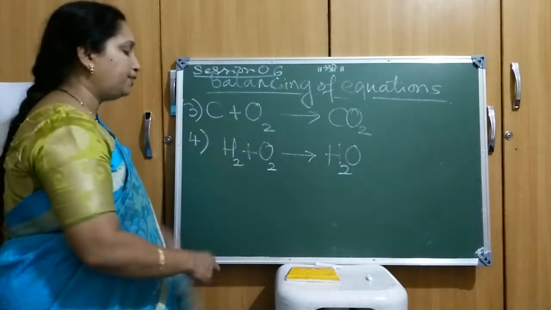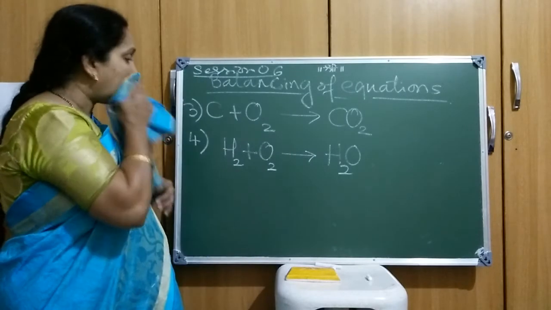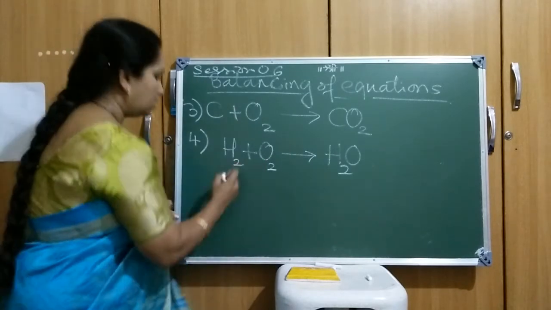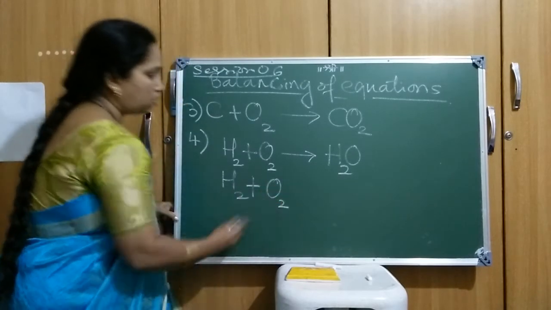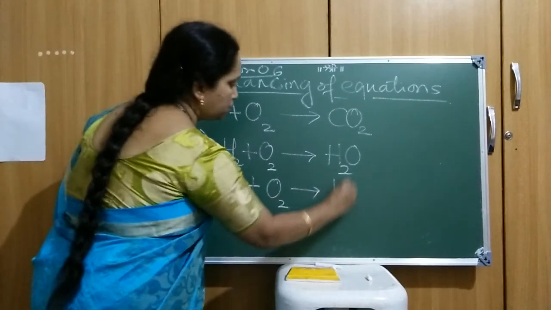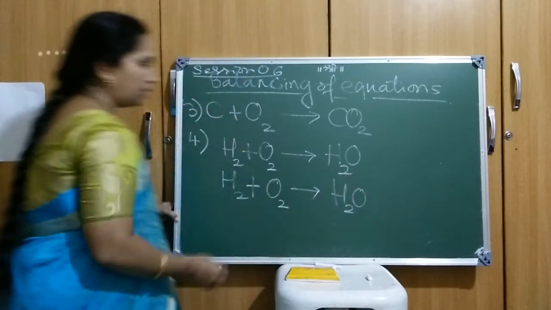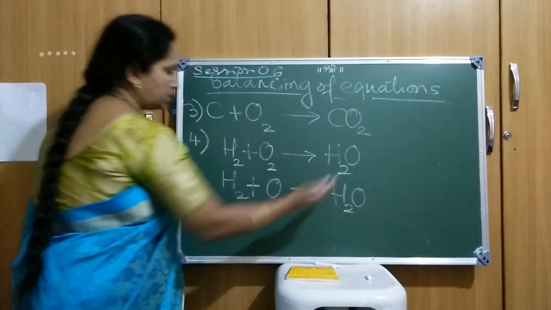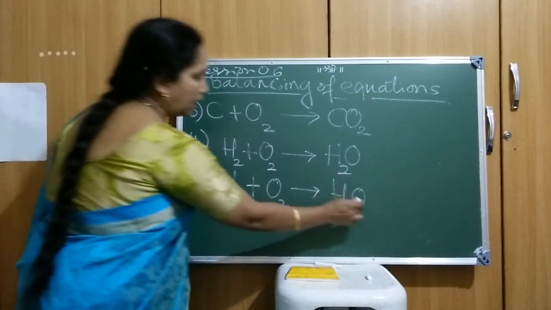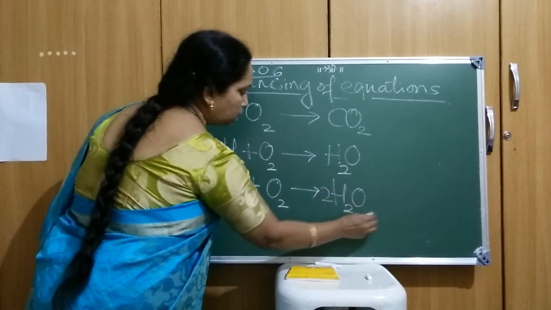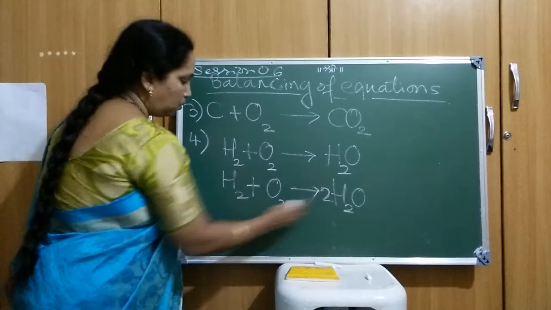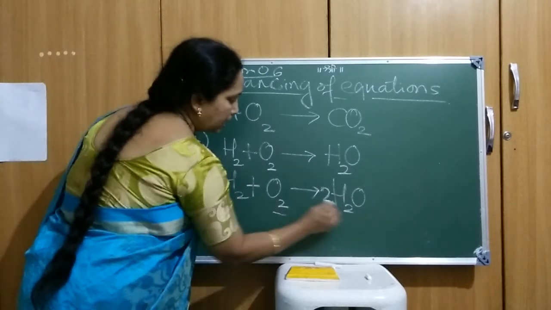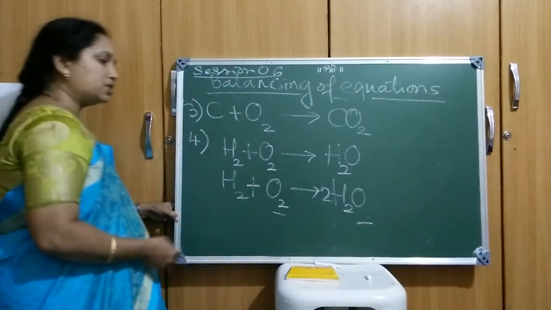What I feel is that balancing the oxygen is convenient for me. So I'll write down the equation first, hydrogen and oxygen, that is the step I am going to show. Here water is formed. So I'm going to balance the oxygen first. As it is a 2, I can't change the subscript here, right? So I'll put a coefficient of 2. Now if you see, 2 into 1 oxygen, so oxygen is balanced.